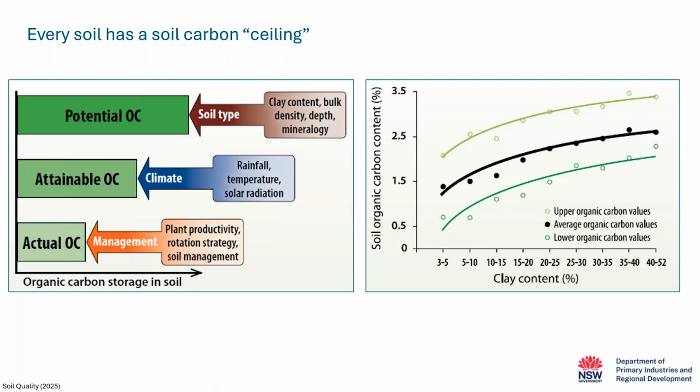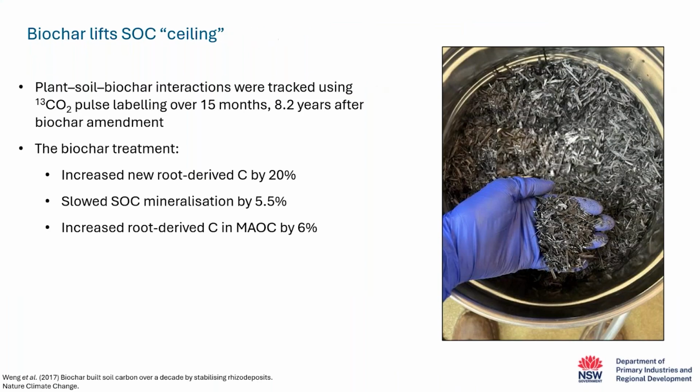While some large-scale factors like climate and intrinsic soil properties cannot be altered, we can improve soil structure through management such as the addition of organic carbon inputs. For example, biochar helps soils store more carbon by raising the ceiling for soil organic carbon storage. In this study, my colleagues used 13C isotopic labeling of carbon dioxide to trace carbon from plants into the soil after adding biochar. As plants absorbed this labelled carbon dioxide, their tissues and root exudates were also labelled, making it possible to track new plant-derived carbon.